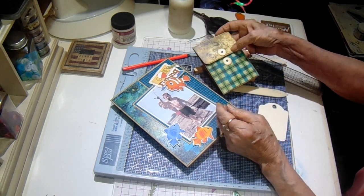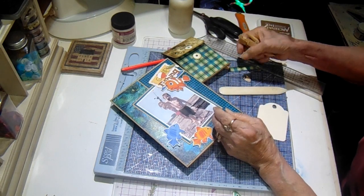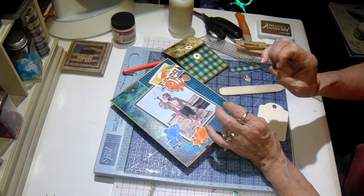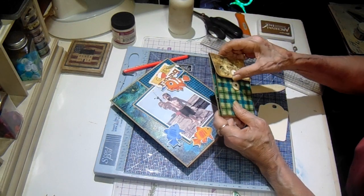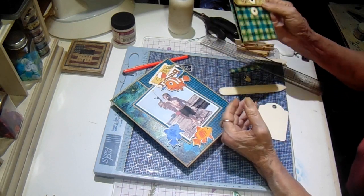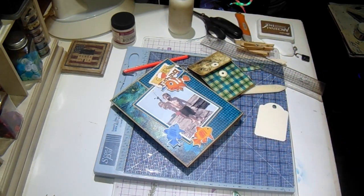There you go. Alright guys, that's it for the tutorial. I will see you back with a final walkthrough, and I will be doing something very similar on the inside of the front cover. Probably, maybe a little bit larger than this, but this same type of a folder. I wanted to use some larger Graphic 45 tags. So, there you go. Alright, I will see you with the final walkthrough, and if you make one, be sure